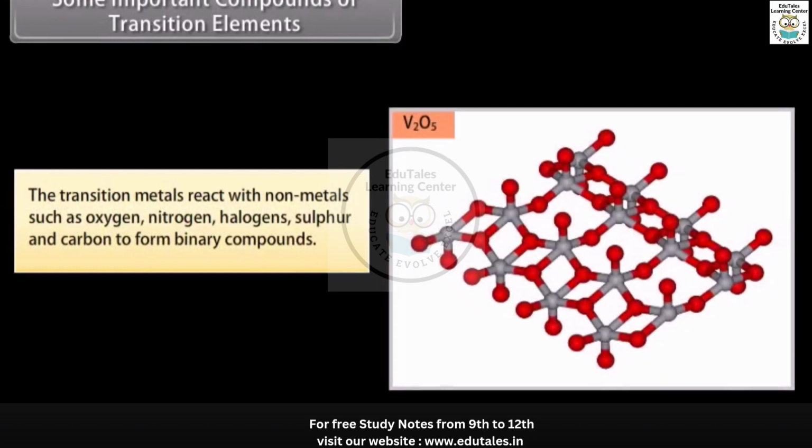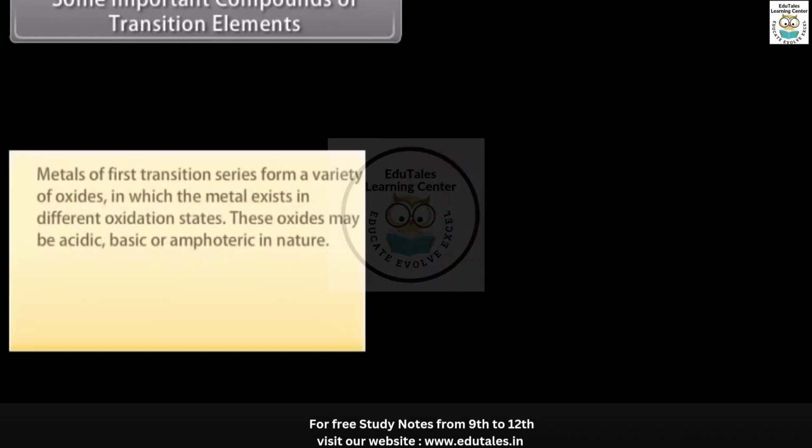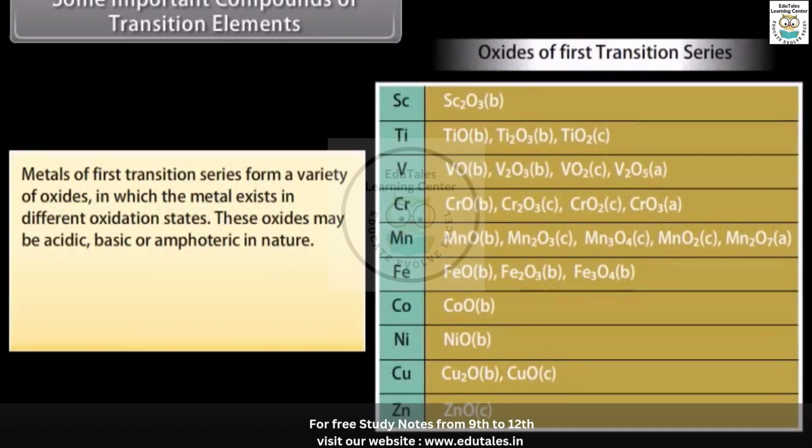Some important compounds of transition elements. The transition metals react with non-metals such as oxygen, nitrogen, halogens, sulfur, and carbon to form binary compounds. Some of these compounds find important industrial applications. Metals of first transition series form a variety of oxides in which the metal exists in different oxidation states. These oxides may be acidic, basic,